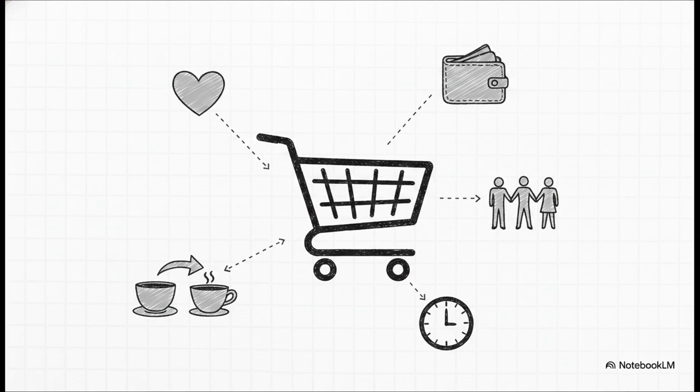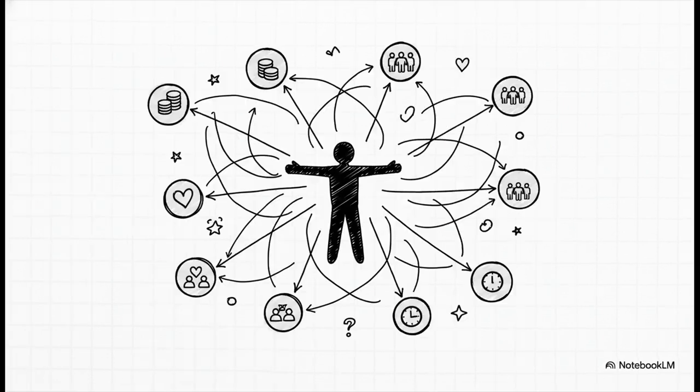We've got 5 main factors here: our income, our personal tastes and preferences, the overall population size, the prices of related goods, and even our future expectations. Think about it. If we start making more money, or if we expect a product to be scarce next month, that totally changes our buying habits right now. So demand is really this complex web of multiple variables. It's never just about one single number on a price tag. It's a combination of our personal lives, the size of our population, and our ever-changing tastes.